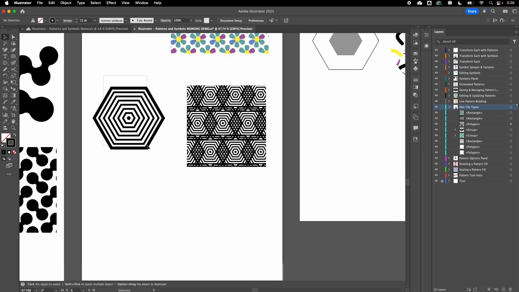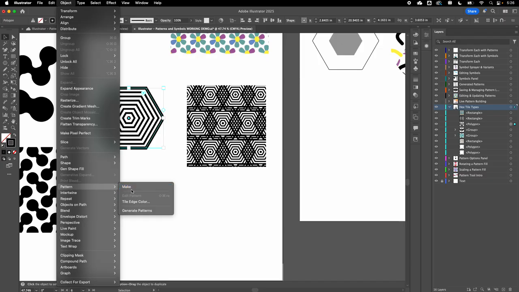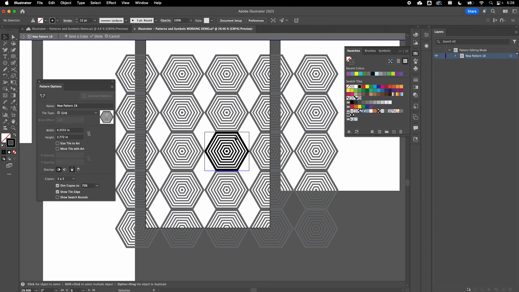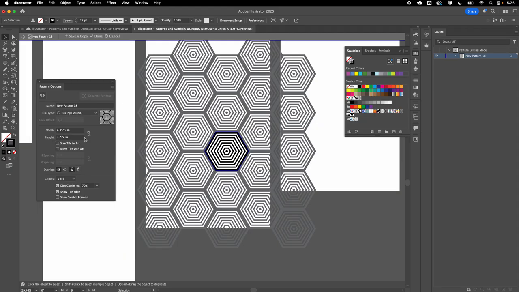Let's take this object here. We'll talk about how to create this kind of concentric rings look. But before we do, let's hop in and look a little bit more at these hex configurations and how they work. So here we have hex by column, and you can see this takes our tile and then it stacks